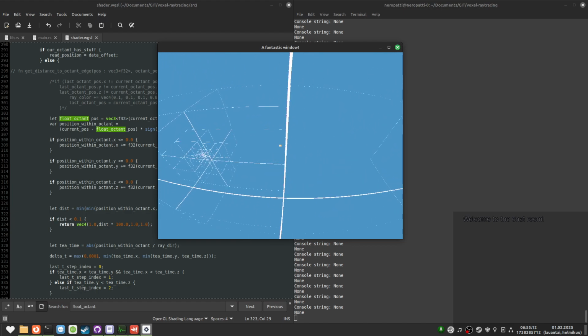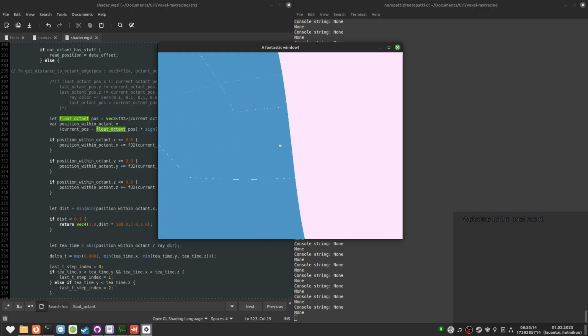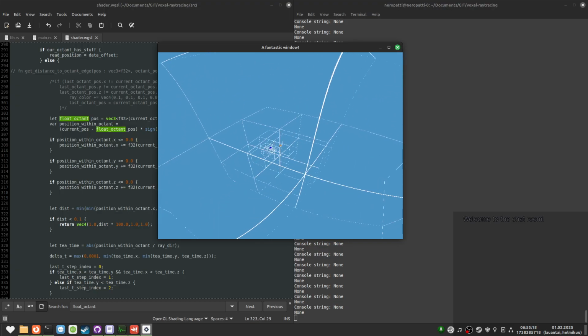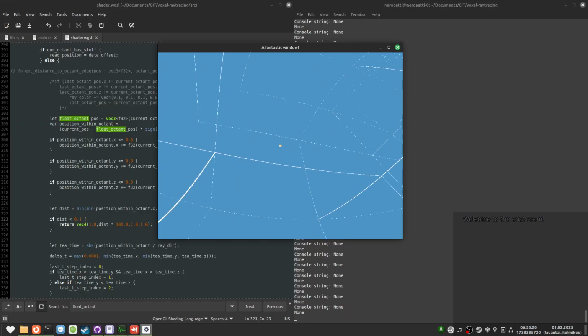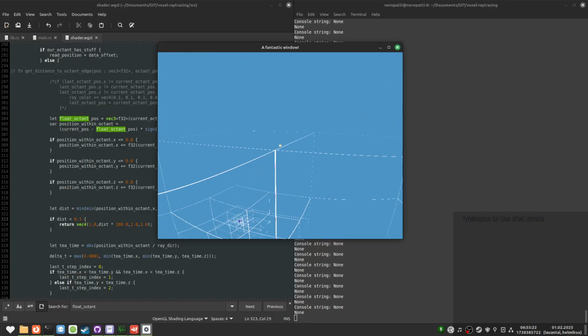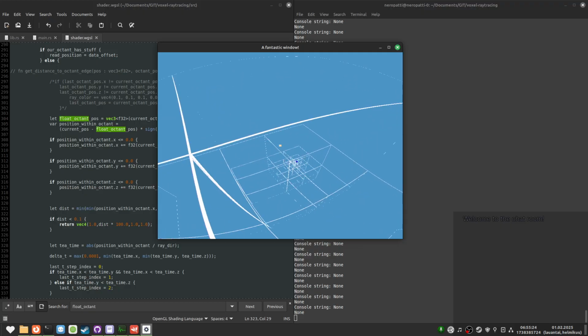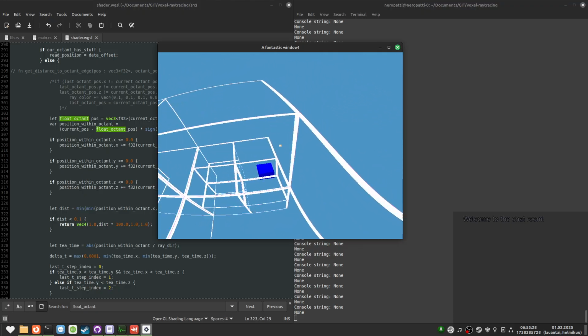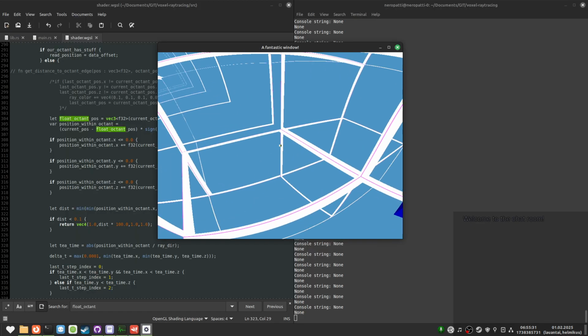Like, we get a flash of white. I kind of don't want a flash of white every time we're in the edge, but I really like the visualization though.